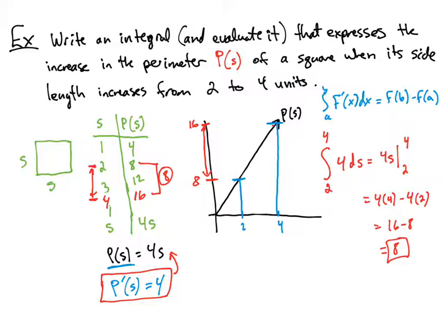Now you might be thinking, well, why do we need to create a definite integral of this when we could have just made a table of values or very easily have graphed this to see what the net change is? And that's true for this particular example because it's so straightforward and pretty simple. There's other ways we could have done this, but if we ever end up with a function that is more complex, it might not be as easy to simply make a table or graph,